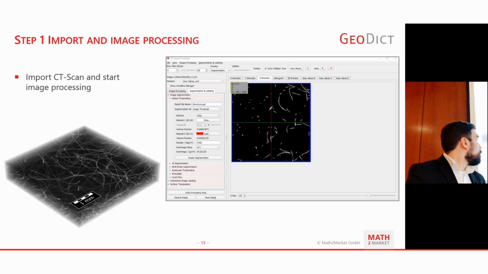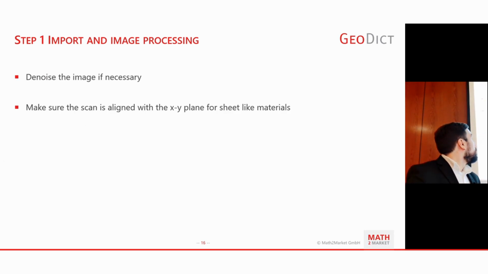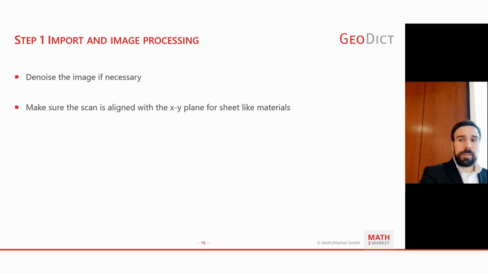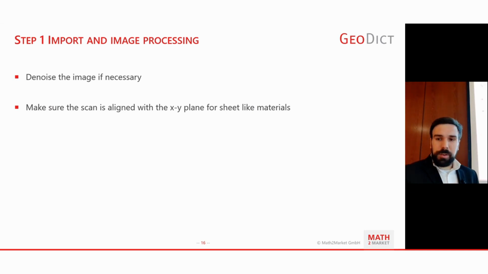For these nonwovens, there's usually not a lot of work to do. The scans usually have high quality, but maybe there's noise in the pore space that happens sometimes, so maybe take care of this. And what also is important, especially for the digital twin, is making sure your medium is straight and aligned with the XY axis. If you want to, for example, analyze the thickness and your material is not straight in there, then the thickness estimation will be way off. So there are tools in ImportGeo to take care of this. And then we get to the segmentation.